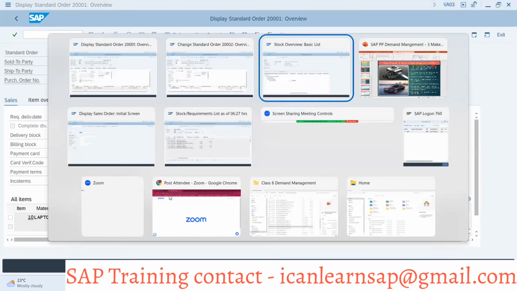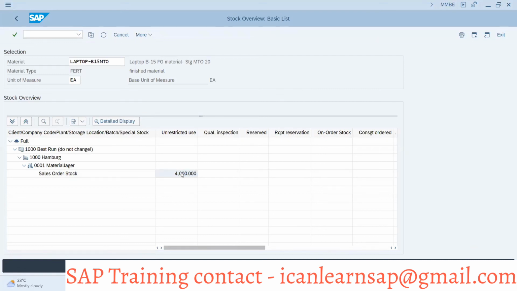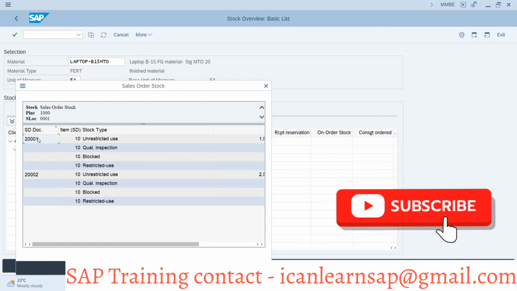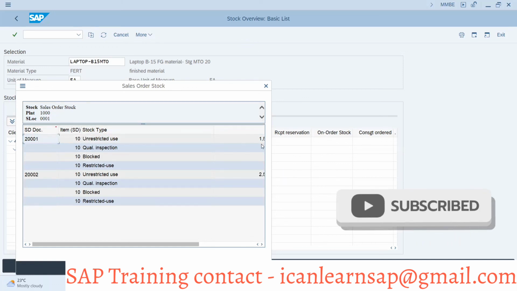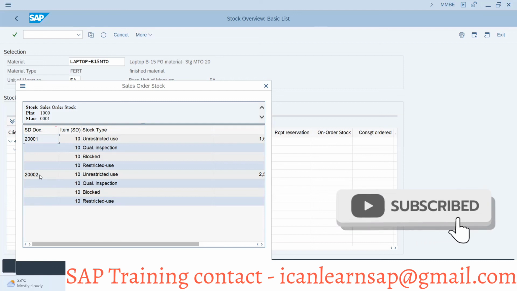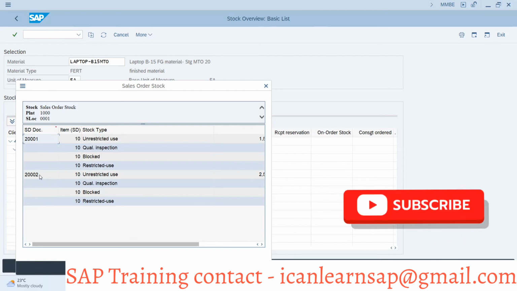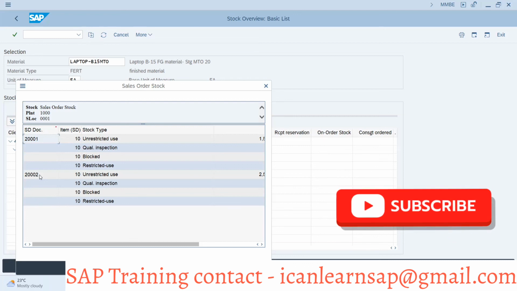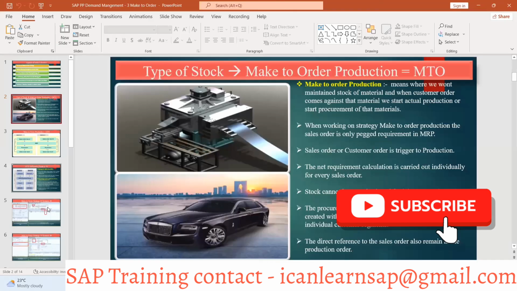We are having this stock, and we cannot swap it back. So 2,500 quantity we cannot give to this order, and with these 1,500 quantity pieces we cannot send it to this order. So it is going to be customer specific stock. Now let us try to understand this meaning at a broader level. So what is